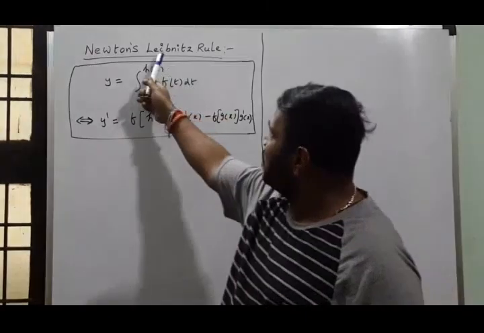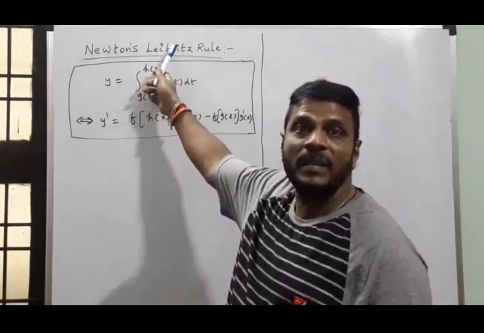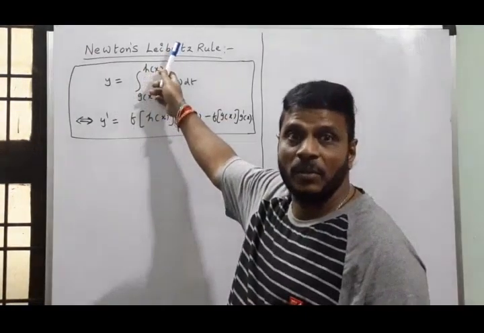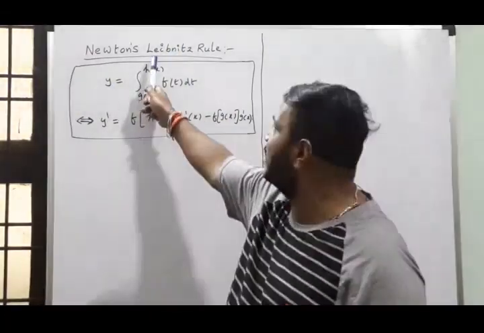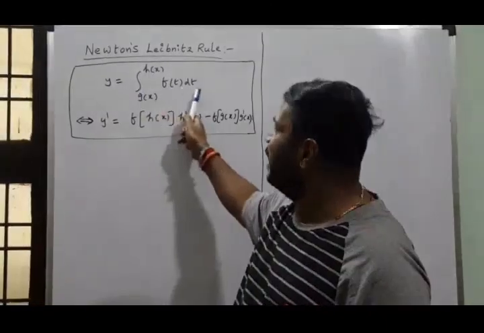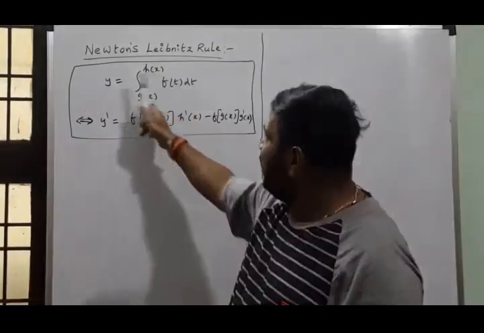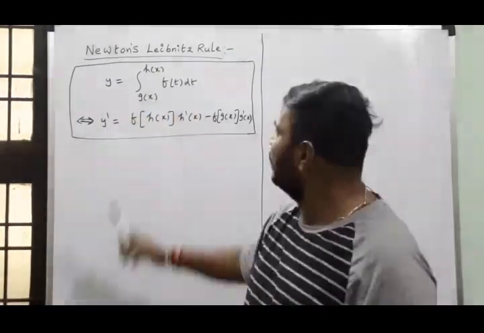So the mathematician Leibniz developed one rule. That rule is: y is equal to the integral from g(x) to h(x) of f(t) dt. Then its derivative y' is equal to...